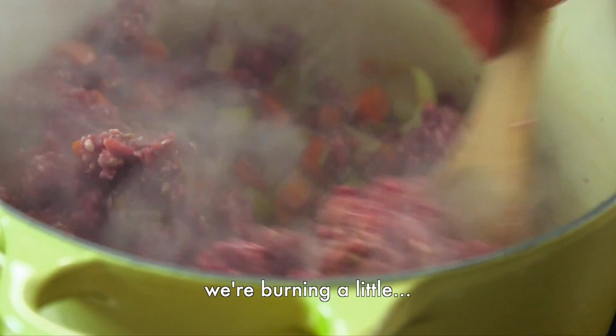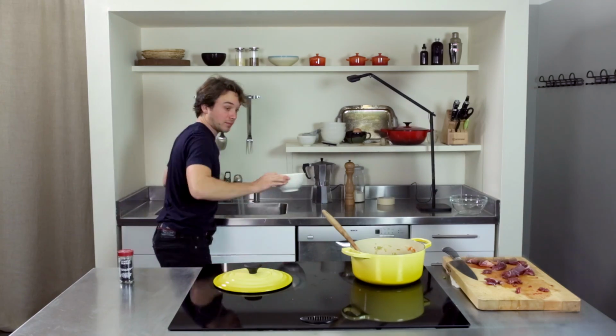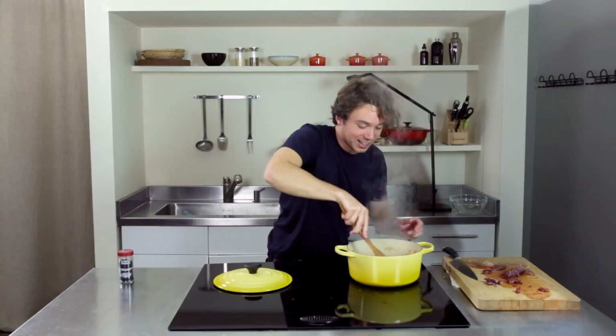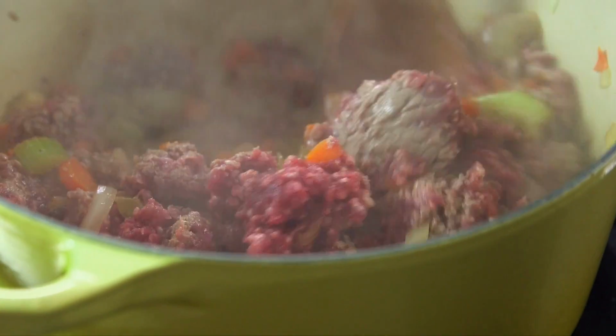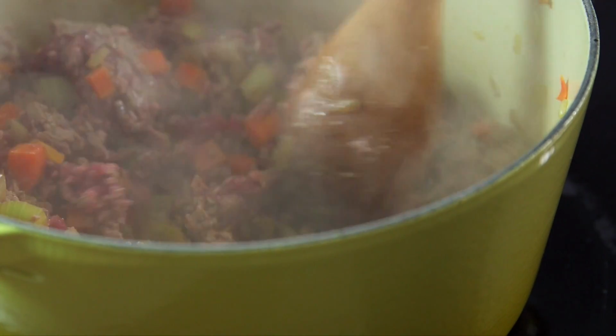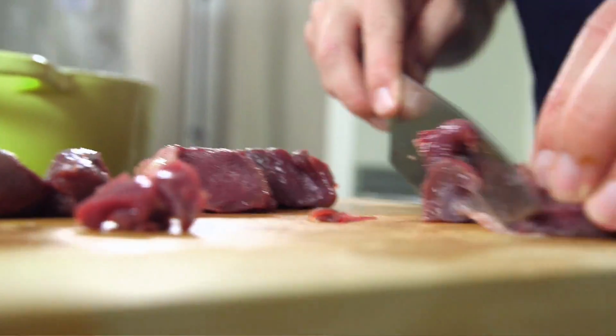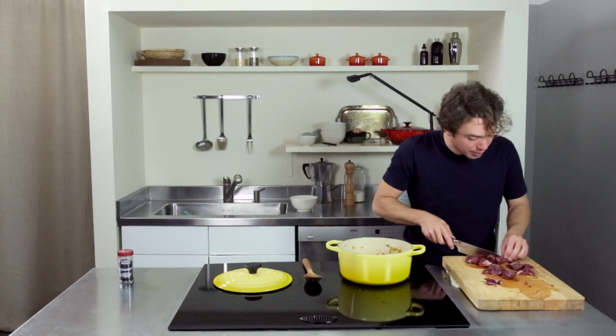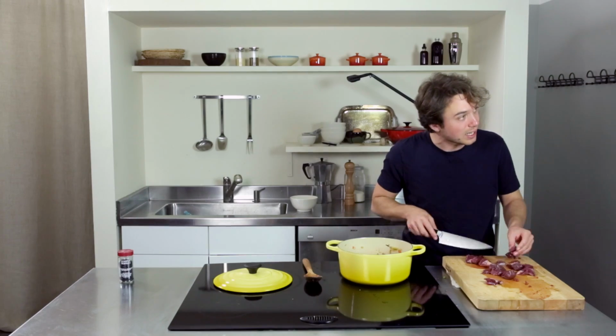We're burning a little. Hang on, hang on. We'll cut these guys up into some smaller pieces so that there's some texture in there. The whole deer is very, very lean because he's not living on a human-fed diet and he's free to run